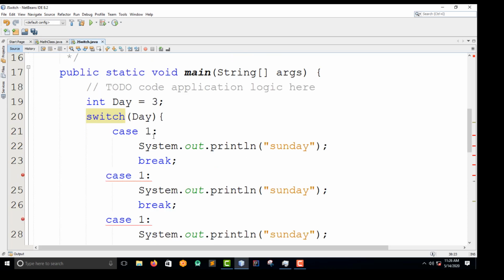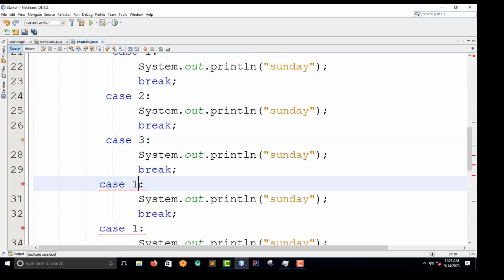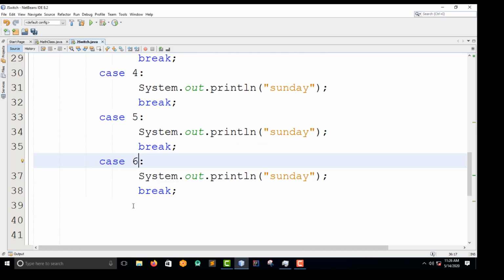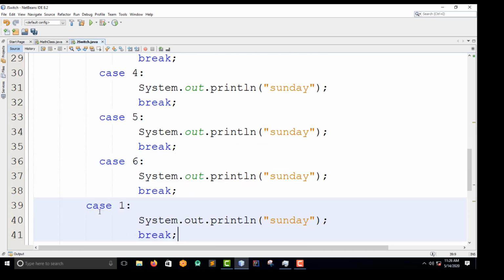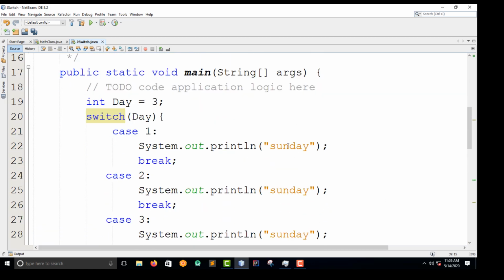This case is so simple. So guys, I'm going to change this, and then I say this is case 2, and then this is case 3, and then this is case 4, then this is case 5, and so on and so forth. So 6. I'm going to have one more here. And then that I call the 7th day. Right, guys? So this is the symbol thing here. I want to change this. This is a Sunday, and then the second day I think it's Monday. So I'm going to say Monday.